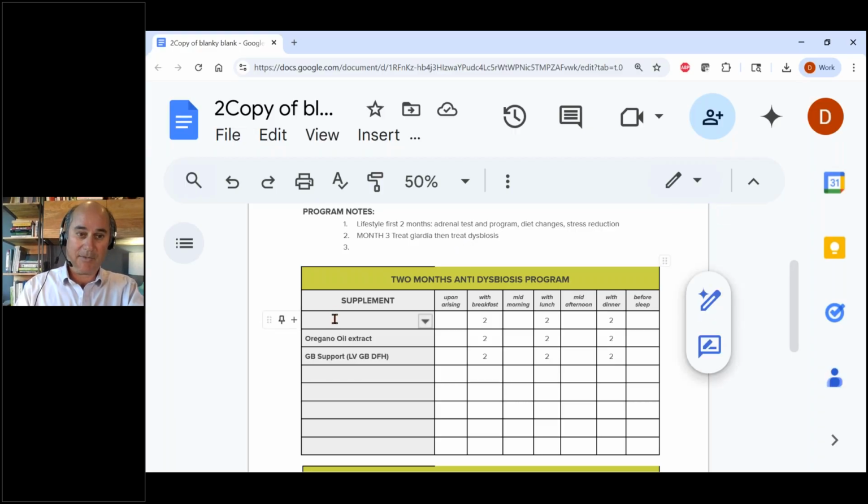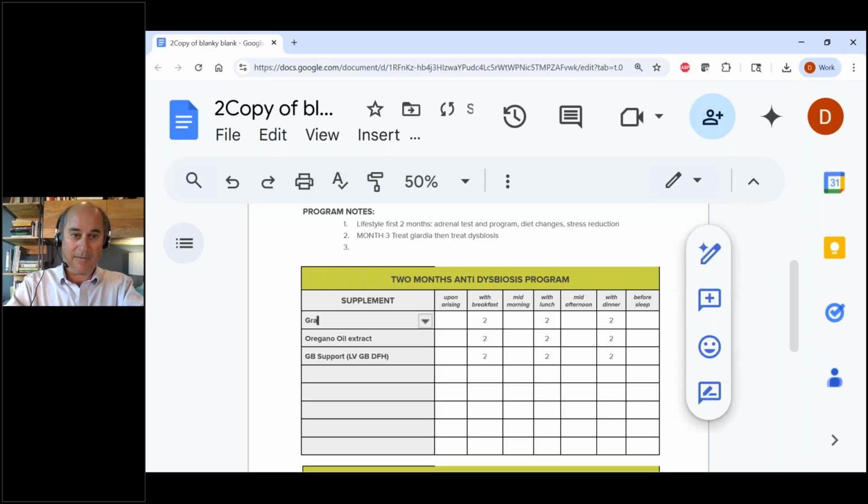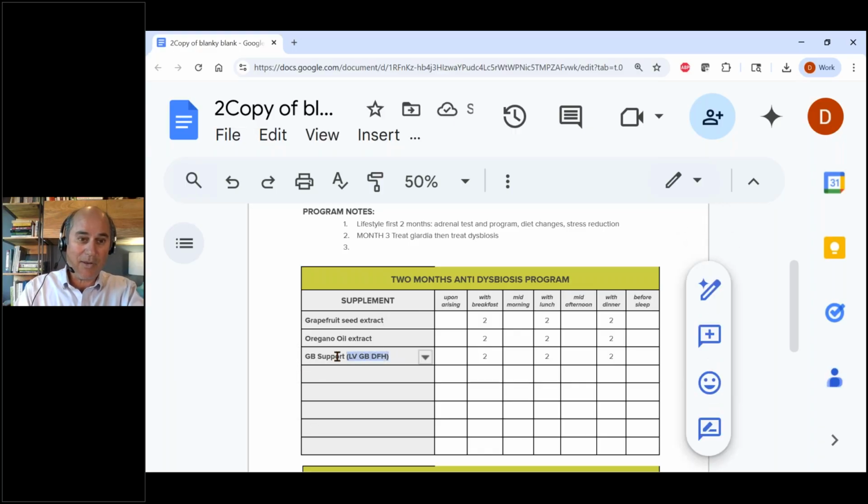In fact, it's the same dysbiosis program I just had here. You don't even have to change that, except this patient had what? Oh, they had a gallbladder problem. So we have the gallbladder there. If you want a different product, there's Digestion GB from Pure. That's a really great one too for gallbladder support. So now we're doing our gallbladder support, killing the dysbiosis after we've treated the Giardia, which is happening 2 or 3 months into the program after we've made the lifestyle changes. That's the way to do it.